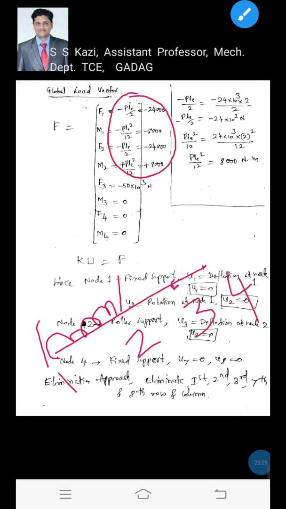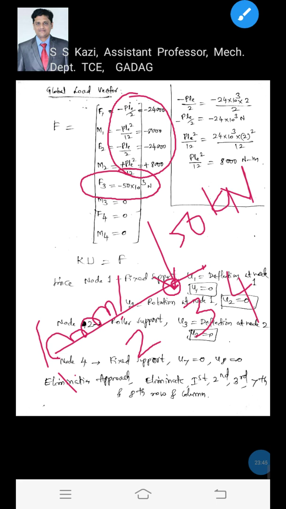Next come to node 3, there is a point load, a downward force of 50 kilonewton. It is given in the problem. Now force and moment we should write at node 3. At node 3 force is 50,000 Newton in the downward direction. That I wrote as force F3, applied force at node 3, in the downward direction. I wrote negative. Downward point load is taken as negative in the problems on beams, that you should remember. Upward force is taken as positive. Minus 50 into 10 raised to 3 I wrote.